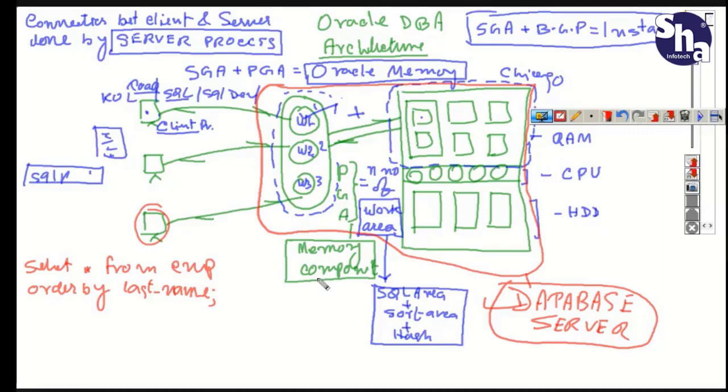Whichever is there, it should come through RAM, as per the basic concept we know for any operating system. So definitely it is not going to come directly. The server process will not go and do sorting directly in the temp data file, as we discussed in the last session. So what is that memory area where it will first do that,